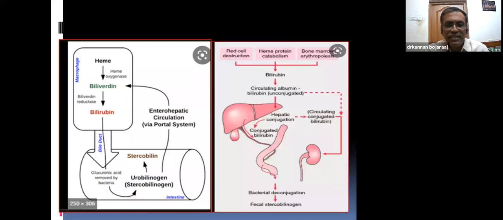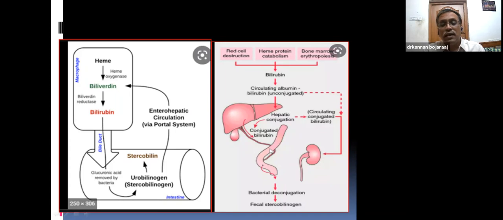And this is a schematic diagram of how the bile is formed, and how bilirubin is formed. There is heme, and there are old senescent RBCs going to the reticuloendothelial system, and they're all destroyed, and biliverdin is formed, and then bilirubin reductase acts and bilirubin is formed, and this bilirubin is conjugated in the liver and excreted as conjugated bilirubin into the intestine. And here there is an extrahepatic